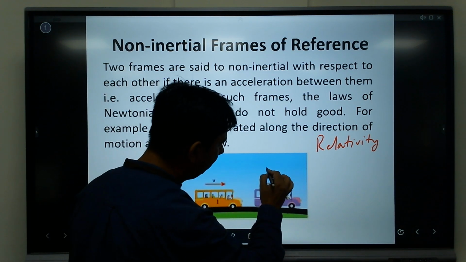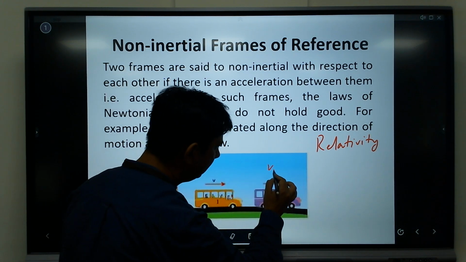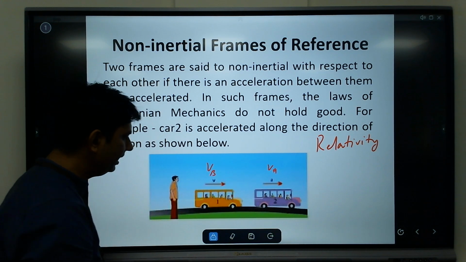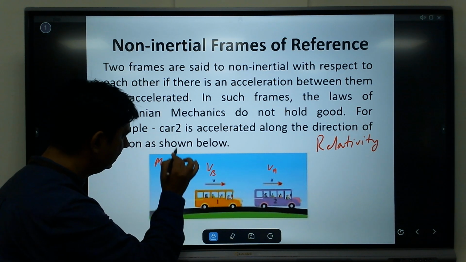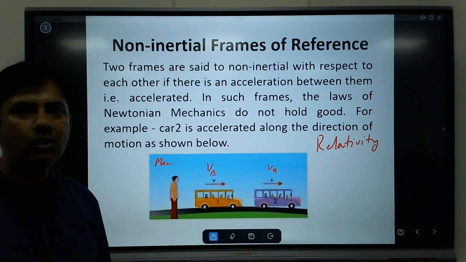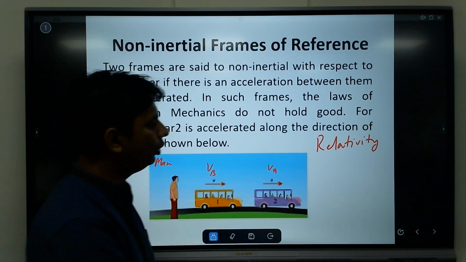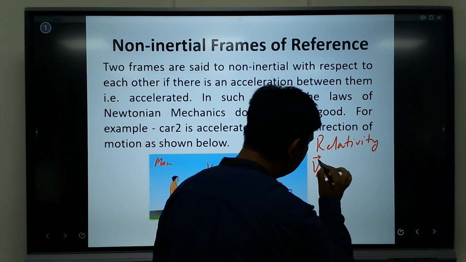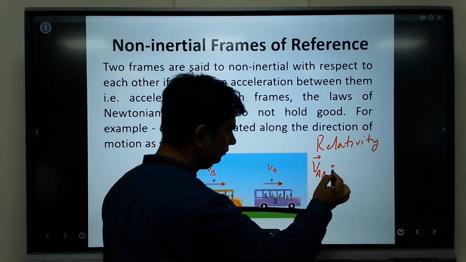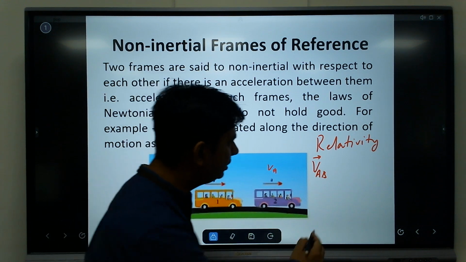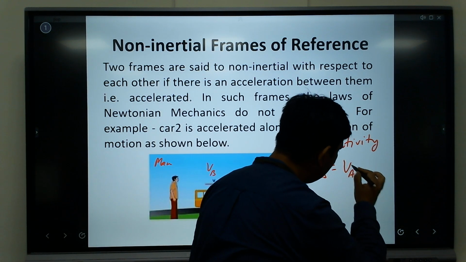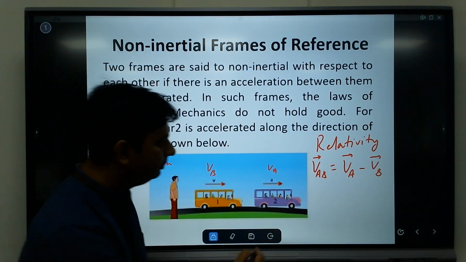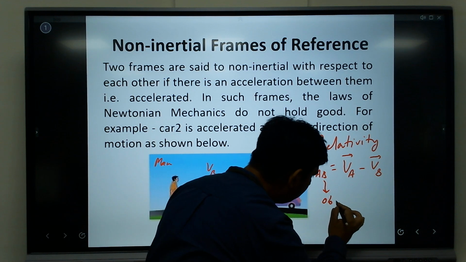For example, suppose this car is moving with a velocity of v1, or we say VA, and this one as VB, and a man is observing it. So how will you explain it? If we want to calculate the velocity of A with respect to B, then we have to say velocity of A minus velocity of B. Here B is an observer,